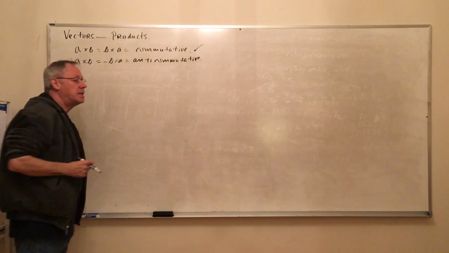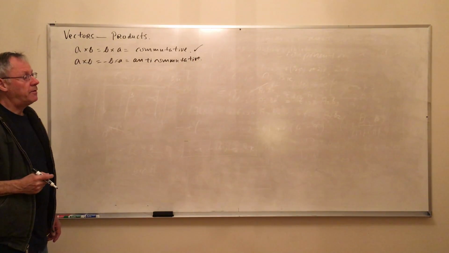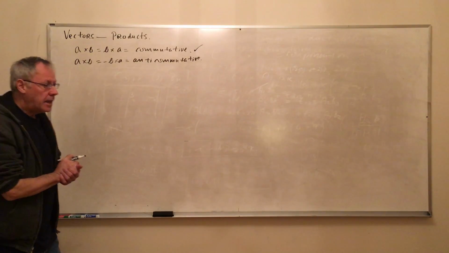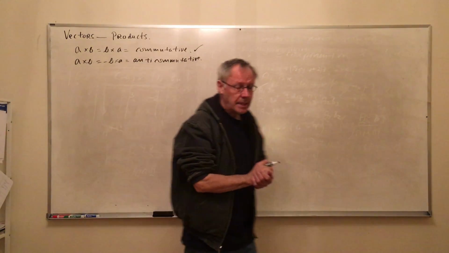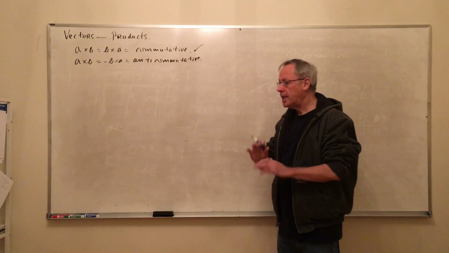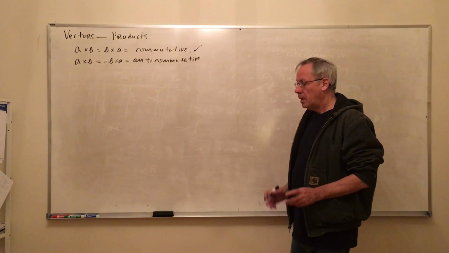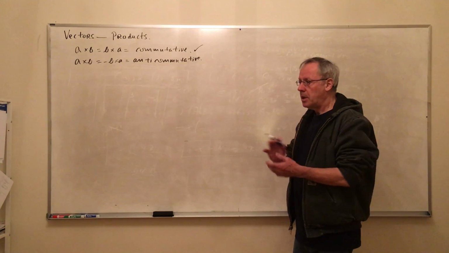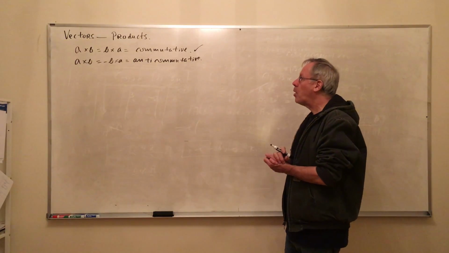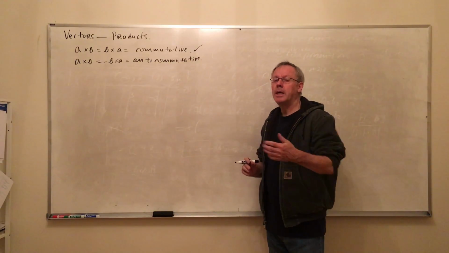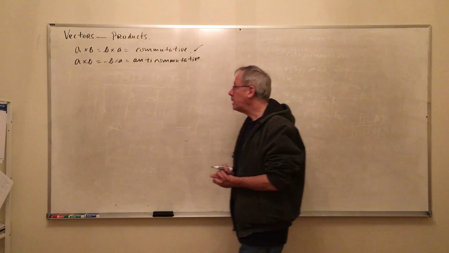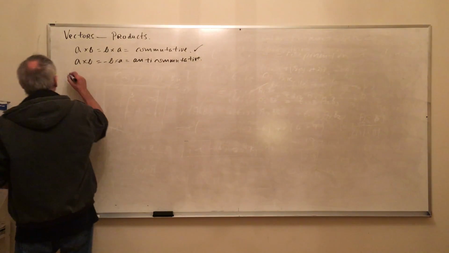But if a times b is negative b times a, that's anti-commutative. You get the negative of the other. That's just terminology. Terminology tells you absolutely nothing. Feynman didn't like terminology, but terminology is important when you're trying to communicate ideas. All right, so for vectors,